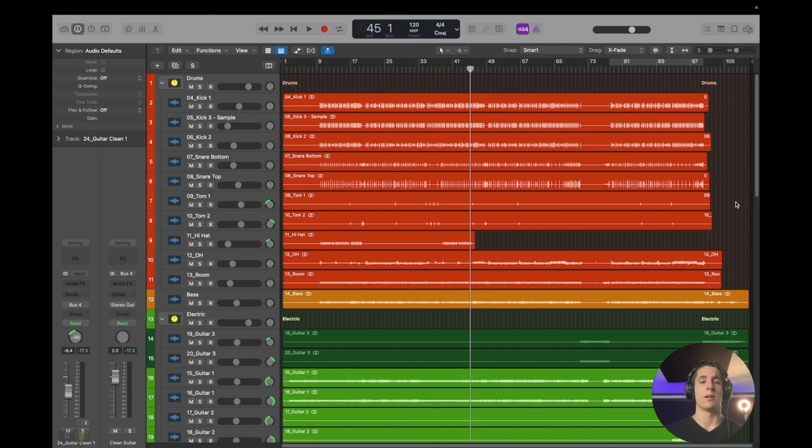So I do spend a lot of time initially getting the static balance correct, because there's nothing worse than doing a lot of work and realizing that your static mix wasn't actually even correct, because anything else you do down the line is going to make a much smaller difference than the static mix. So make sure that you do set your volume balances first before you do anything else in your mix. It'll give you better context when you're actually mixing in your song, and ultimately will result in a much, much